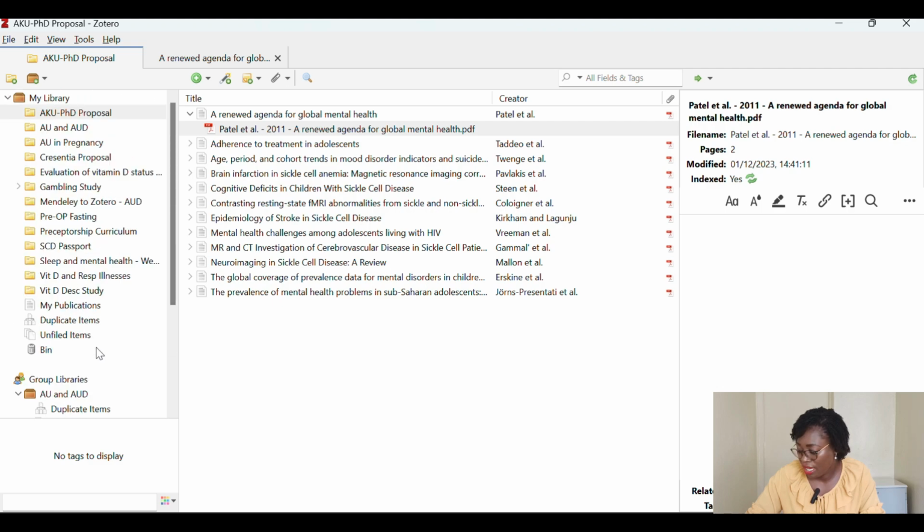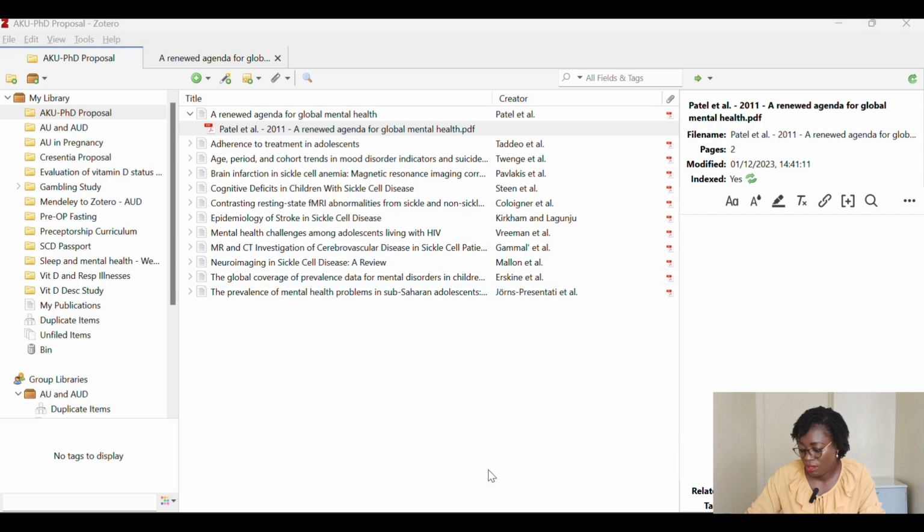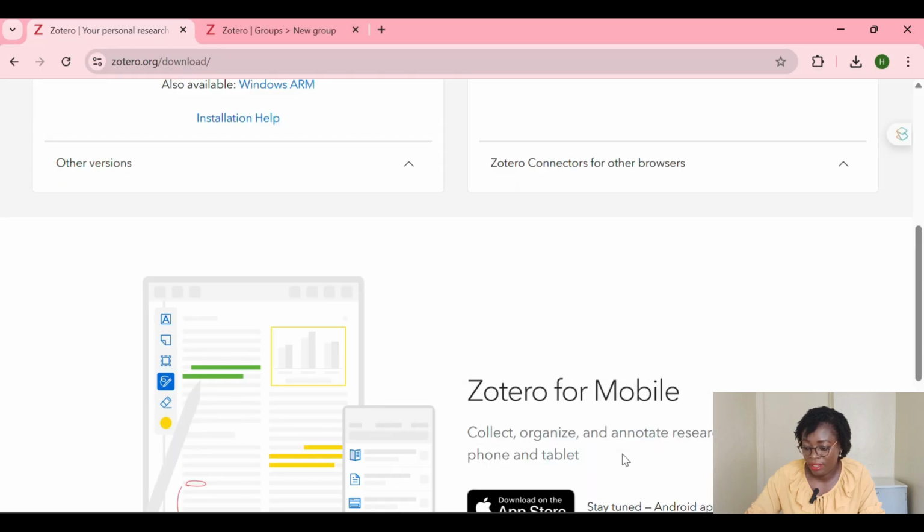Yeah, I've just realized that I am not connected to internet, and because it went to the online page, then I need to be connected to internet to be able to refresh. To be able to refresh and be able to sync whatever the group I created online into this, into my